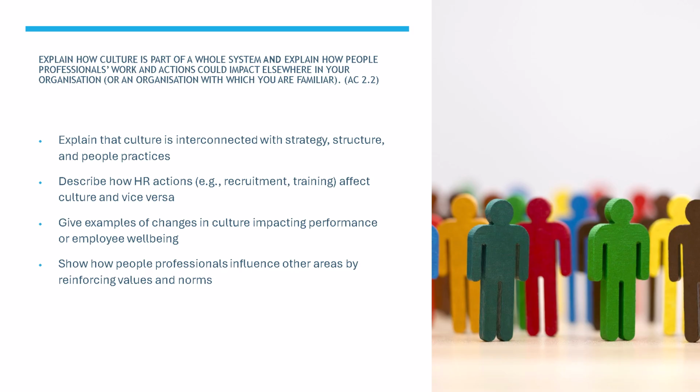I will describe how people professionals impact different areas through their decisions and behaviors, such as implementing flexible work policies that support a culture of trust. I'll use examples from my organization where a culture change, e.g., greater emphasis on well-being, affected staff retention and productivity. The goal is to show a systems thinking approach where actions in one area ripple out to others. A strong answer will demonstrate how understanding this connection helps people professionals become proactive and strategic in shaping the work